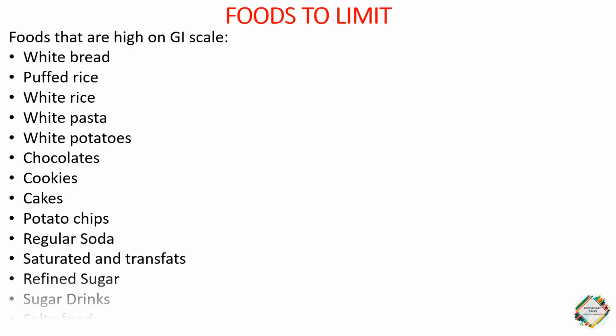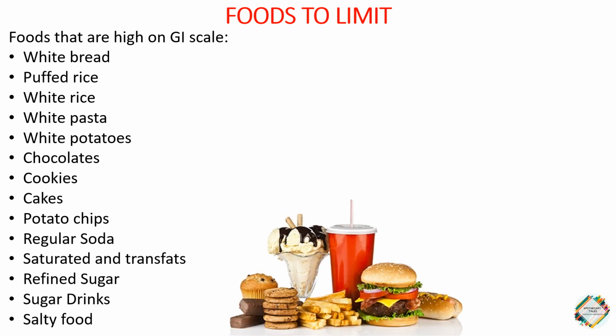Now, I hope it is very clear what all shall be included in the diabetic diet. So, to have a healthy diet, please follow these instructions. Now, you might think, what should I avoid during diabetes? Mainly, the foods that are high on the glycemic index scale should be avoided, and this is the list of things that usually come on the higher scale: white bread, puffed rice, white pasta, white potatoes, chocolates, cookies, cakes, potato chips, regular soda, saturated and